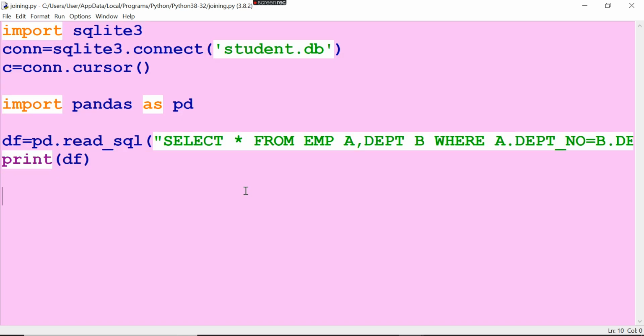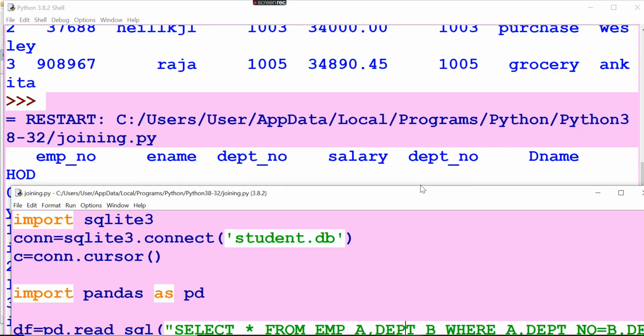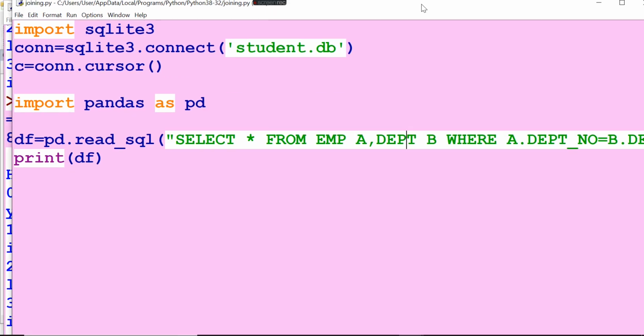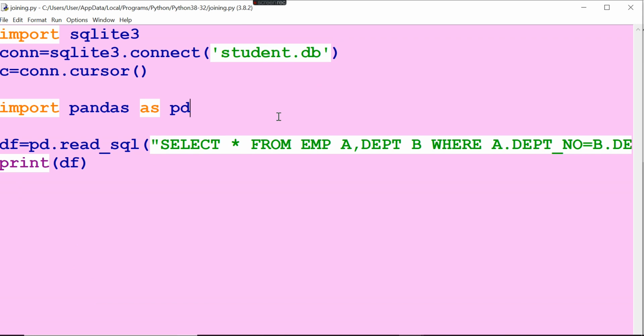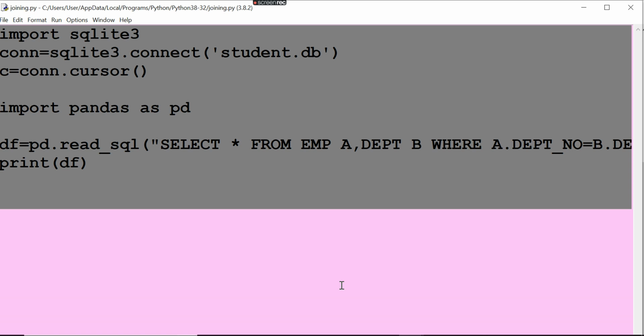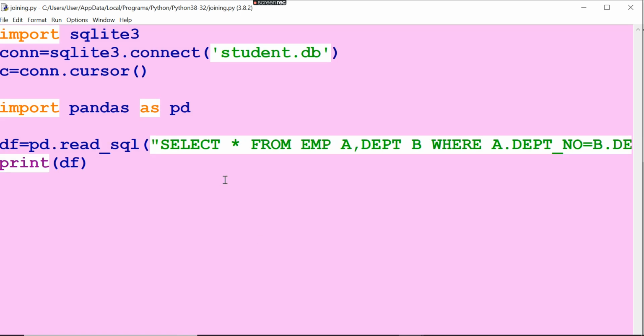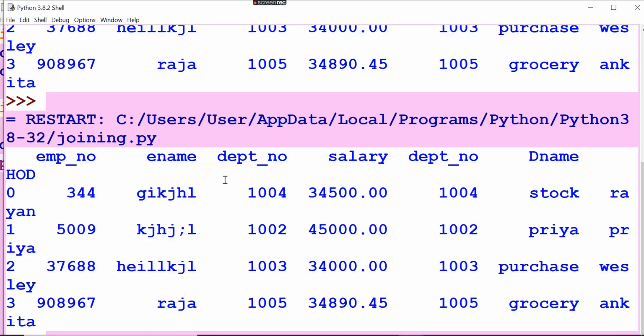In the last video I showed you how to enter all the data into the employee table as well as the department table. That's why it was given like long queries, right? But now after entering all the data, you can just pass like this. Just write these commands to join both the tables. That's it. Press F5. Now you see here both the tables have been joined.